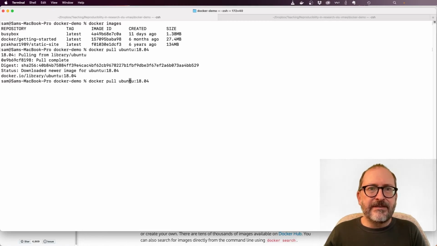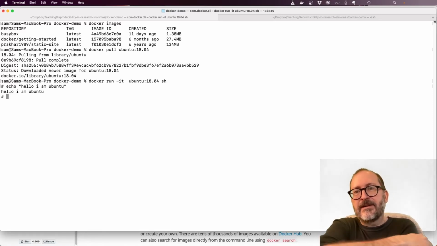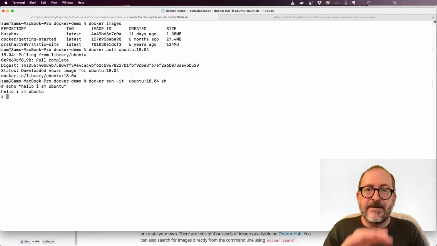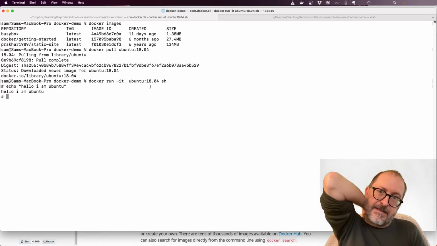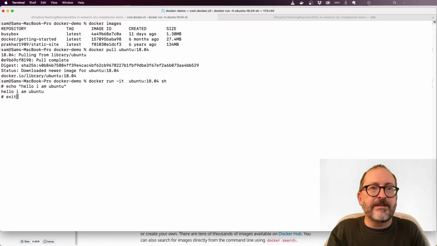now since you have this, you can run Ubuntu interactively here on your laptop, and I'm going to say interactive, and I'm going to run the sh command. So that should give me a shell, right? So now I'm on an Ubuntu system, and I should be able to say, "Hello, I am Ubuntu," and then I can also use apt and everything else, and get my operating system set up. I can install my software, and then anytime I need this piece of software in this operating system, it'll be there. So let's go ahead and exit,